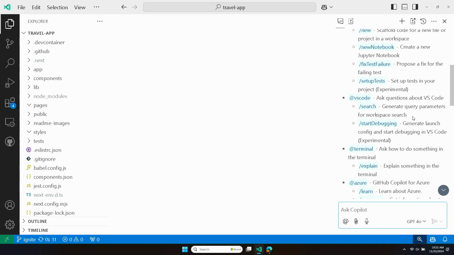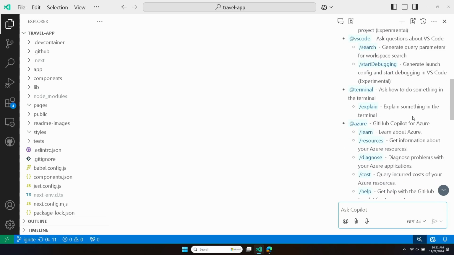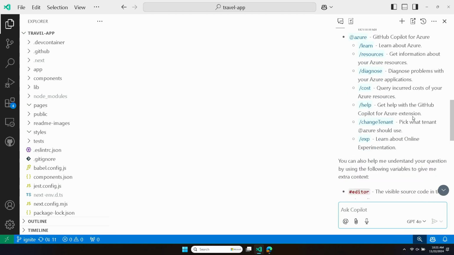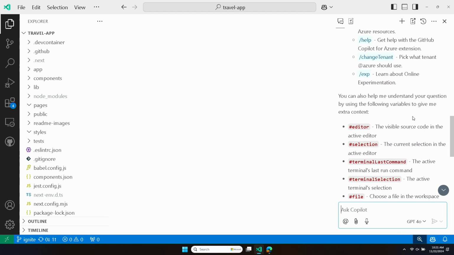I'm sure for a lot of folks, if you're using VS Code, you might have found, wow, I never knew that key binding or that extension or that shortcut existed. This is a really cool way to, if you're wondering, hey, is this possible? Or what exactly was the command for that? @VS Code can help you with that. And then we're going to see we have experts in the terminal and Azure, a whole bunch of different things.